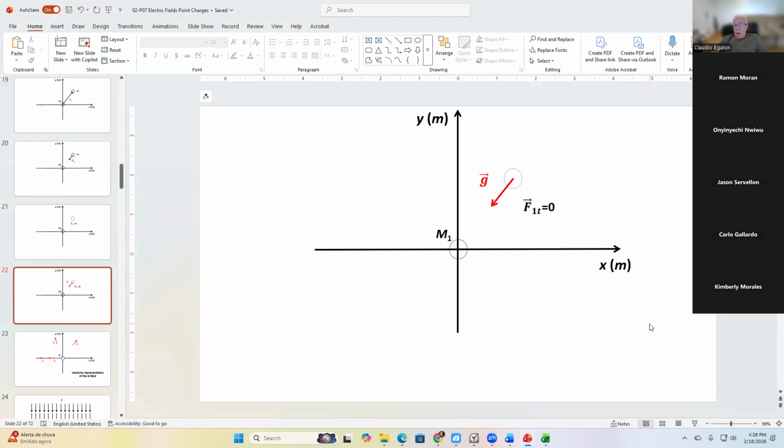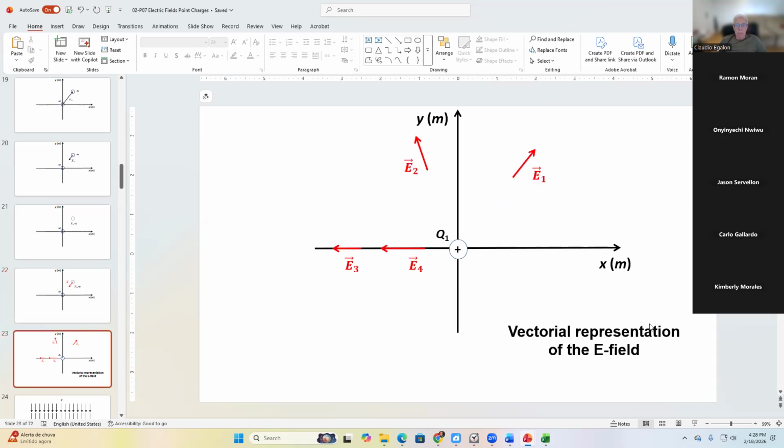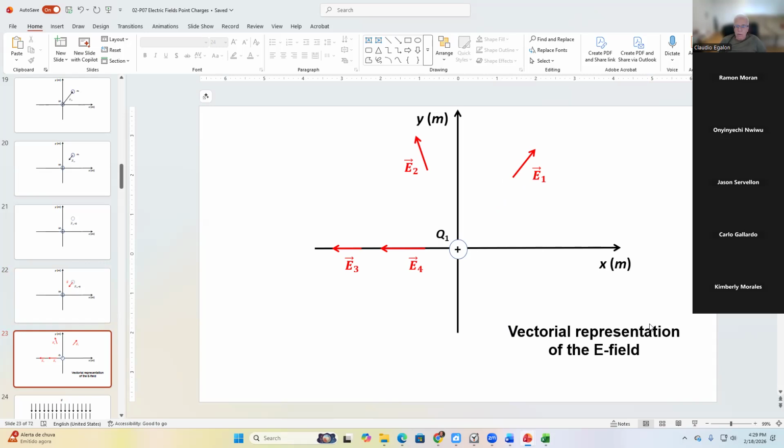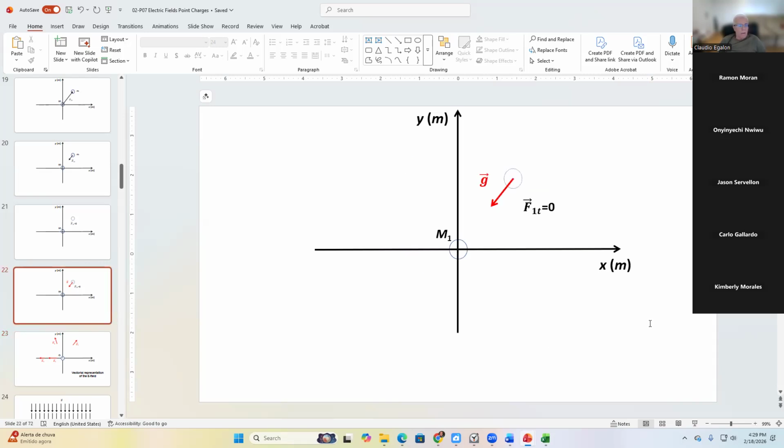And then if you want to map the gravitational field, you do exactly the same thing that we did for the electric field, right? Put this test mass elsewhere. Let's see, vectorial representation of the issue. Elsewhere, and you're going to get,